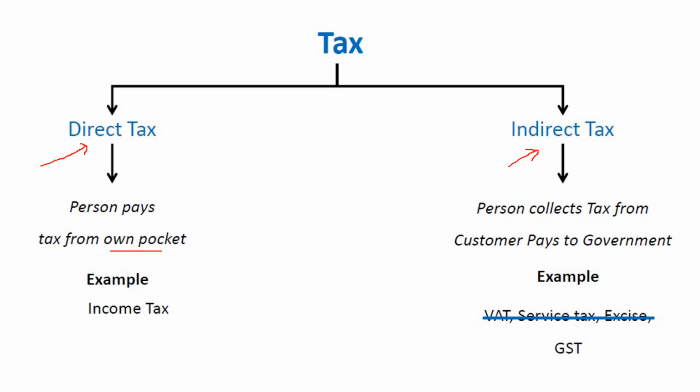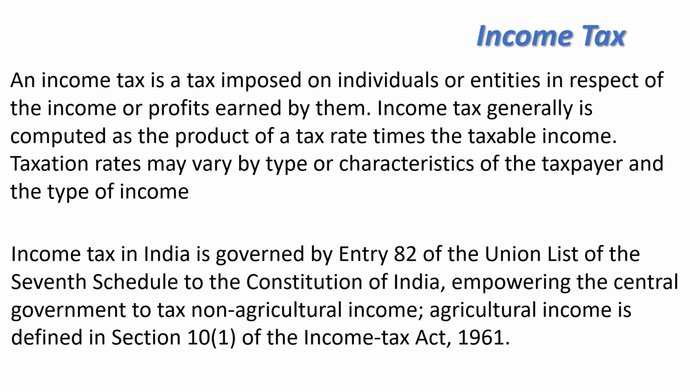So direct tax and indirect tax, these are the two types of taxes. टैक्स के दो प्रकार होते हैं, उसमें एक है जो डायरेक्टली पे किया जाता है, दूसरा है इनडायरेक्टली पे किया जाता है। क्लियर? नेक्स्ट टर्म इज इनकम टैक्स। ओके, सो व्हाट इज इनकम टैक्स? समझ लो देयर इज वन पर्सन हू इज गेनिंग द प्रॉफिट, जो प्रॉफिट कमा रहा है, अर्निंग इनकम, ओके, दैट प्रॉफिट, दैट इनकम, okay, is taxable.